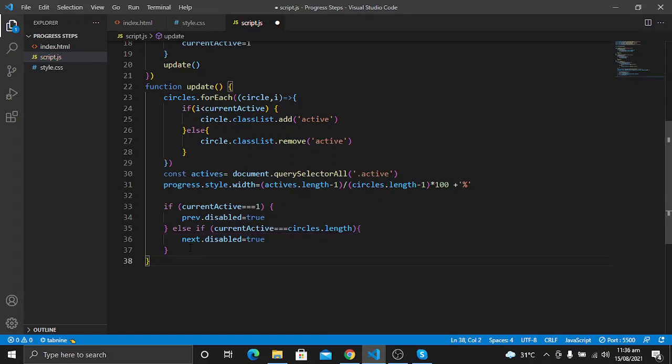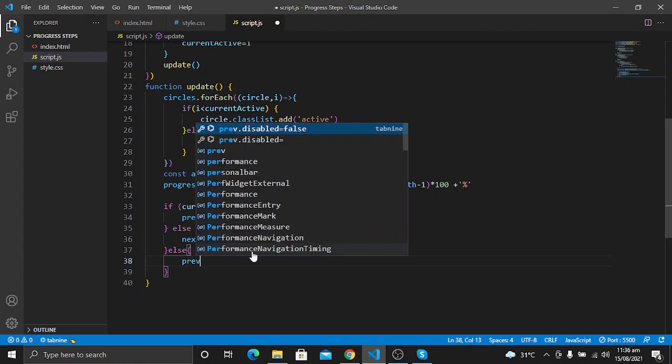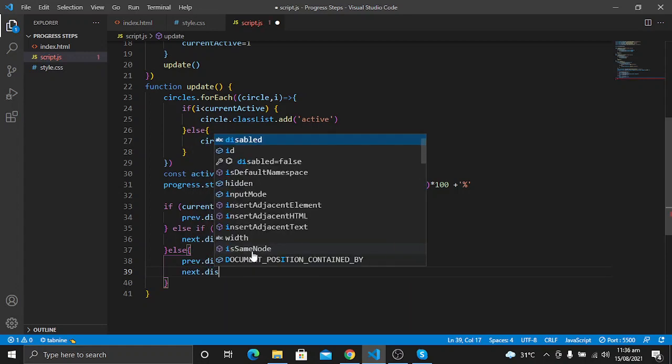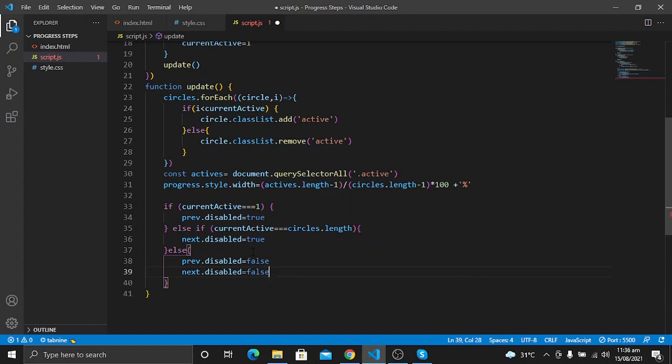But in the else statement, if none of these conditions are true, I want to remove the disabled from both of these buttons, since the progress is in the middle. So both of these will be false. Next dot disabled will be false.